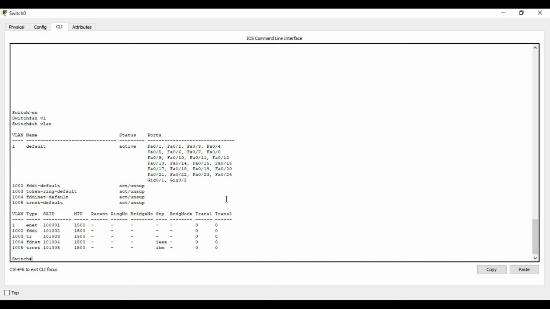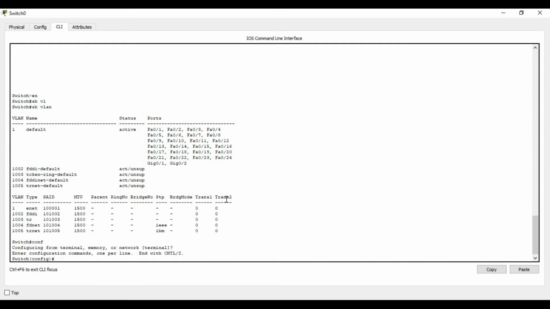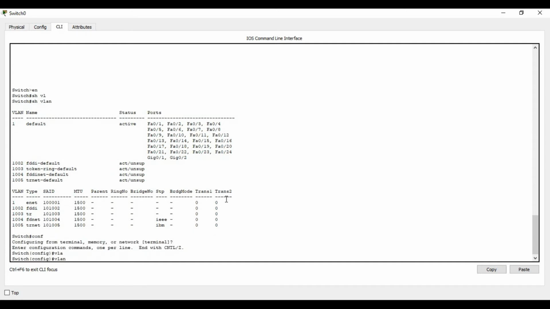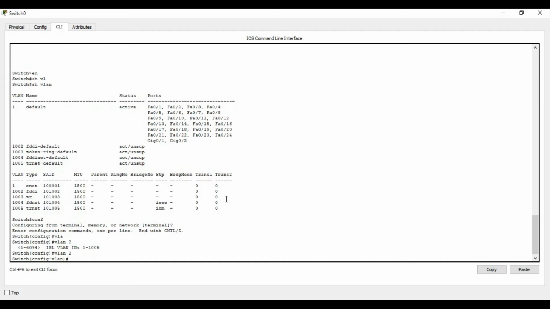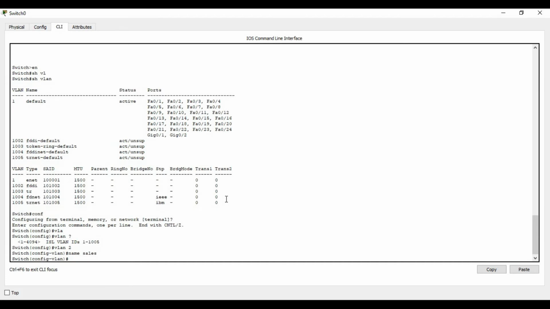To start configuring, we need to go inside configure mode, and then create a VLAN. We give the command vlan and choose a number, which can range anything between 1 and 1005. We'll choose VLAN 2 and give it the name sales.